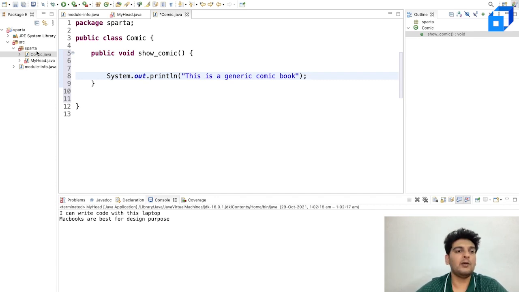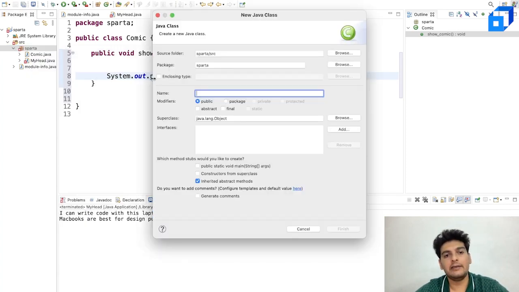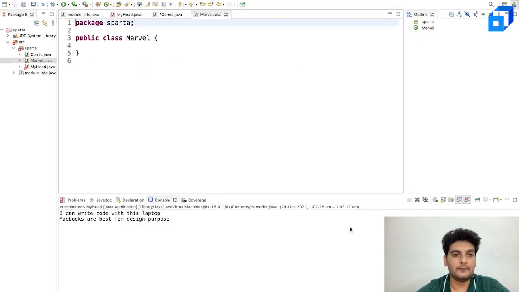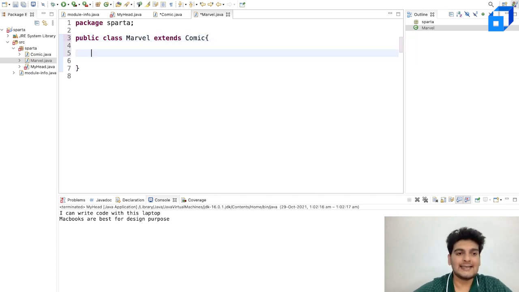Now going ahead, I'd want to create another class over here. I'll have a new class, and let me call this class Marvel. This Marvel class is just a Marvel comic, which again is a comic, so this would be extending the Comic class. And since this is extending the Comic class, now I have something specifically for this class itself.